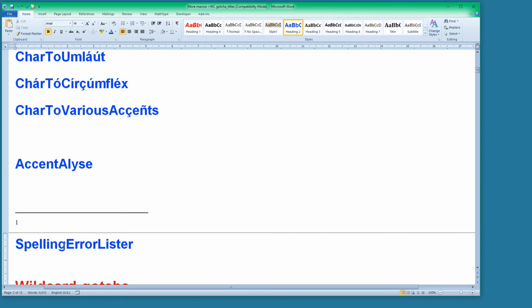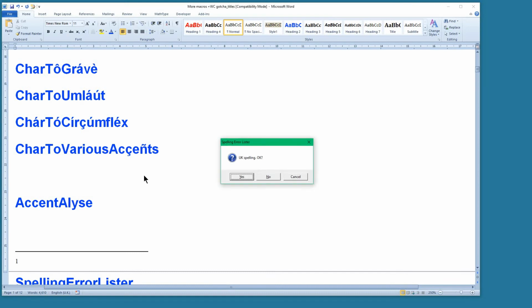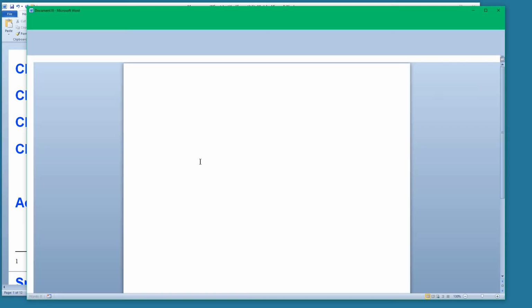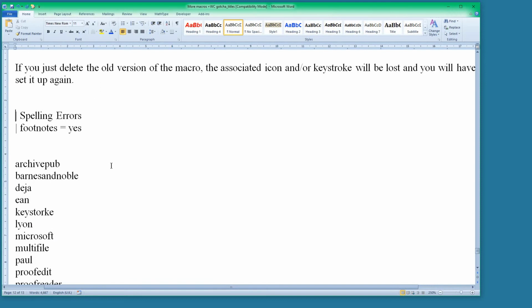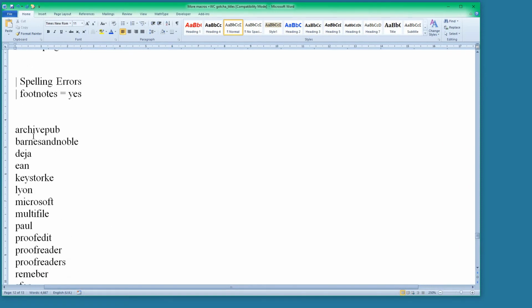And so you can pick those out very quickly by using spelling error lister. So if I run that on this document, let's run it. Where are we? Spelling error lister is this keystroke. There we go. UK spelling, yes. So off it goes. 70%, 60%, 40, 30, 20. There we go. So it's produced a list down the bottom of the document,